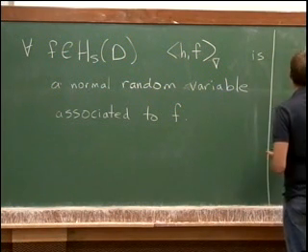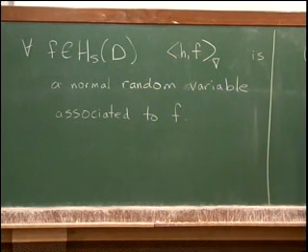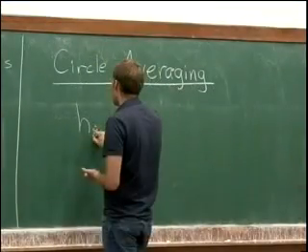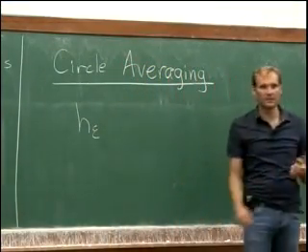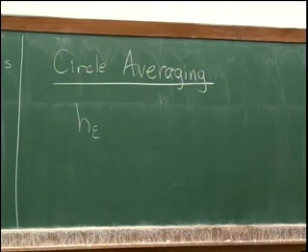So let me, so he talks about this h epsilon, which is supposed to be the average of the Gaussian free field on the circle, right? Now, okay, let's just spend a little time on what exactly that means, or how precisely you